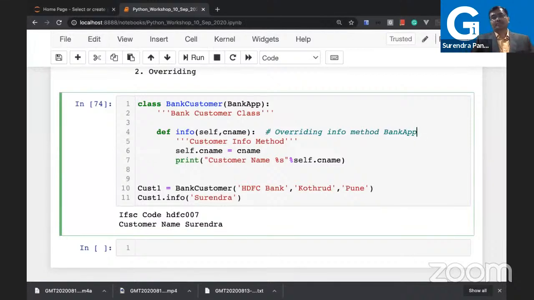Yes, there's a solution. Although you override, you can still access your parent info method by calling it manually. Here you need to call it manually, because by default it accesses the local method. Here I'm just showing you the simple way of how you can access the parent info method now. So for that, I need to use